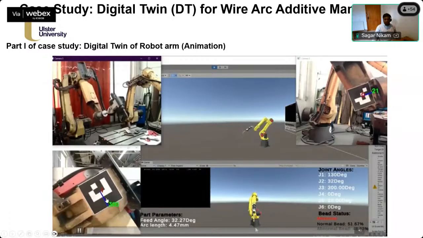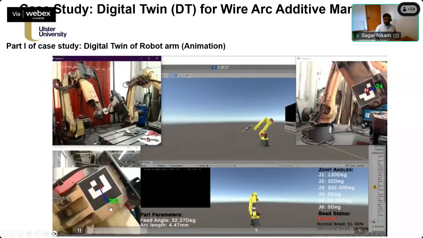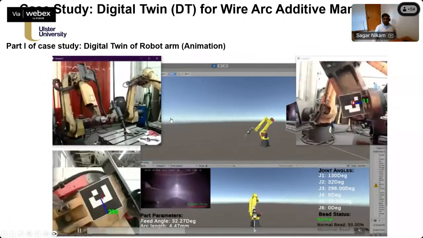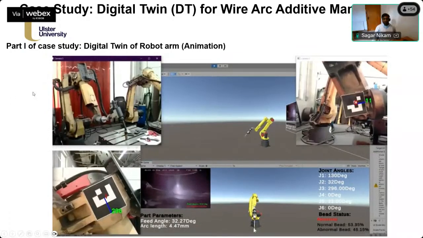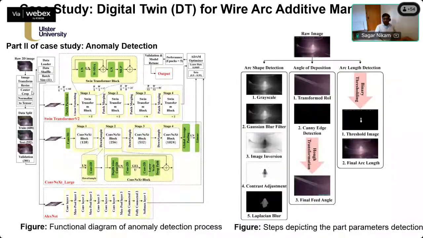The ArUco detection code stickers capture these rotation angles, and this angle rotation is sent to the Unity software, which moves the digital model according to the physical asset. So this is about capturing the real-time location of your robots.